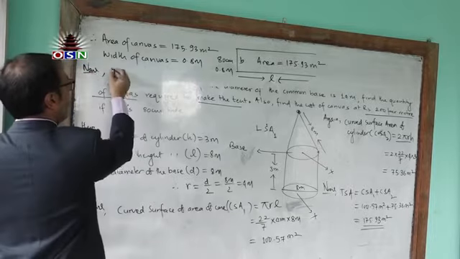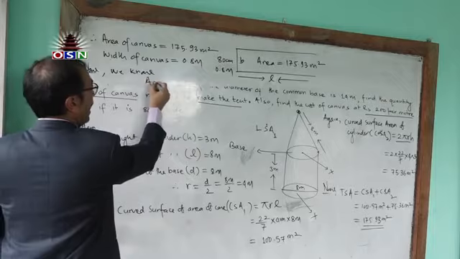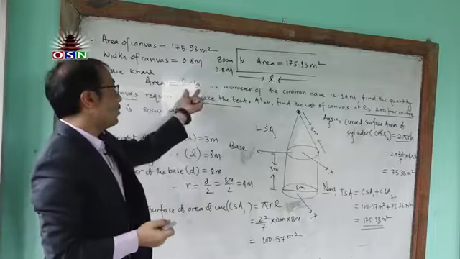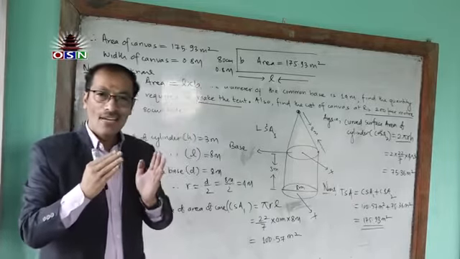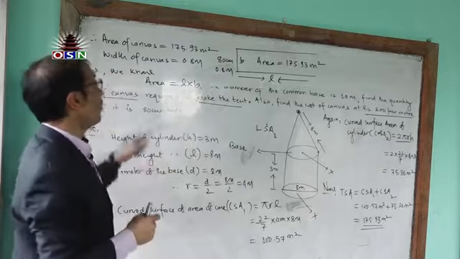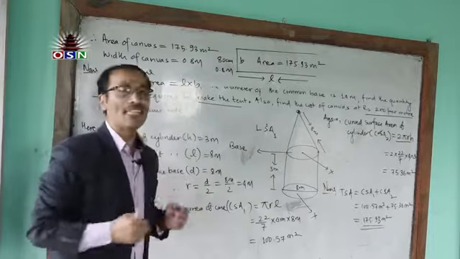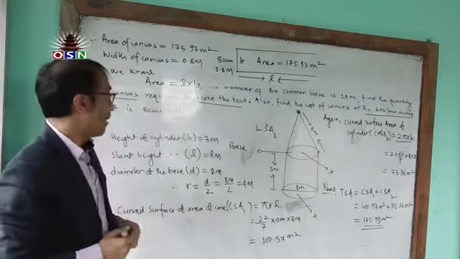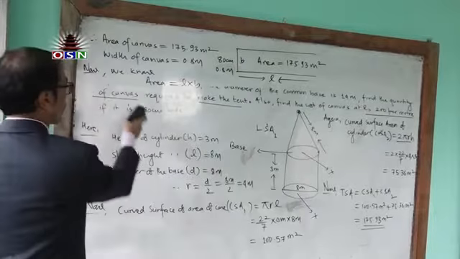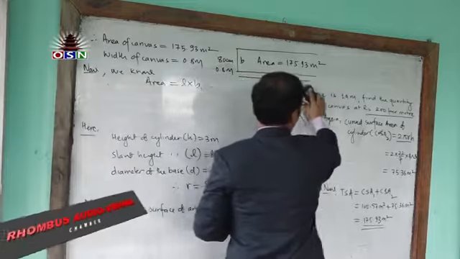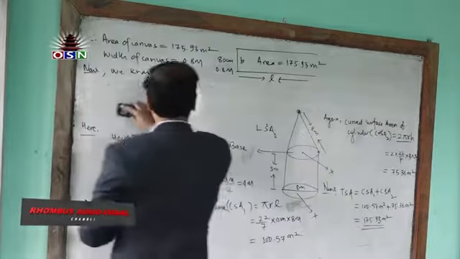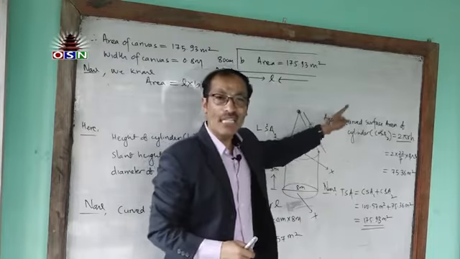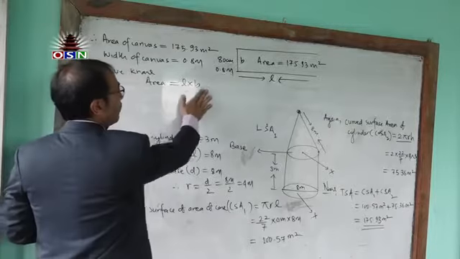Well, now we know the formula for area of rectangle. Area of rectangle is L into B. When the adjacent two dimensions are multiplied, then you will get the area. Simply we know L into B is the formula to find the area of the canvas. The question didn't directly ask you to find the length, but we are clear according to the question that we will have to use this formula.